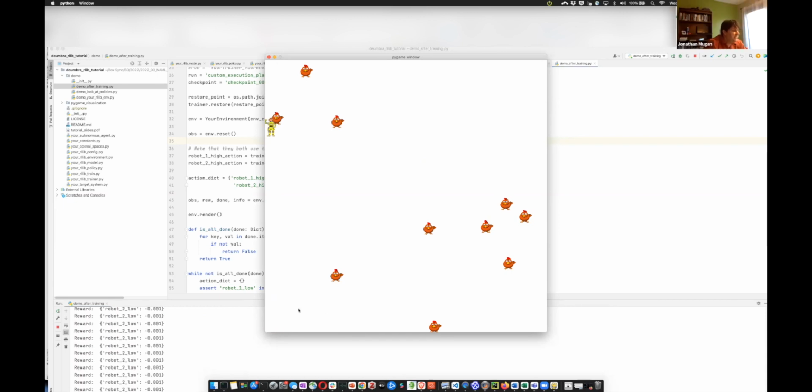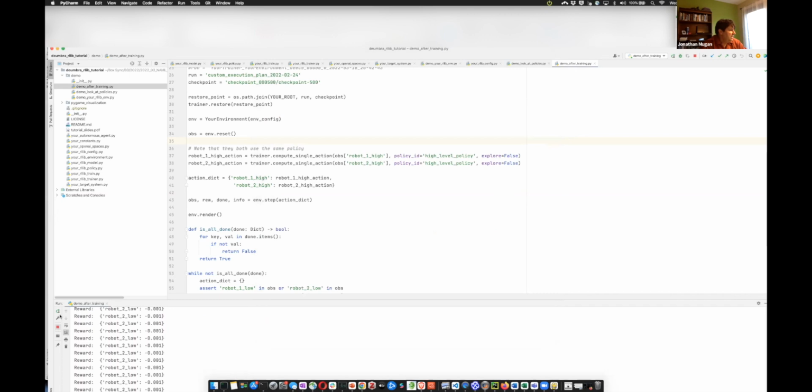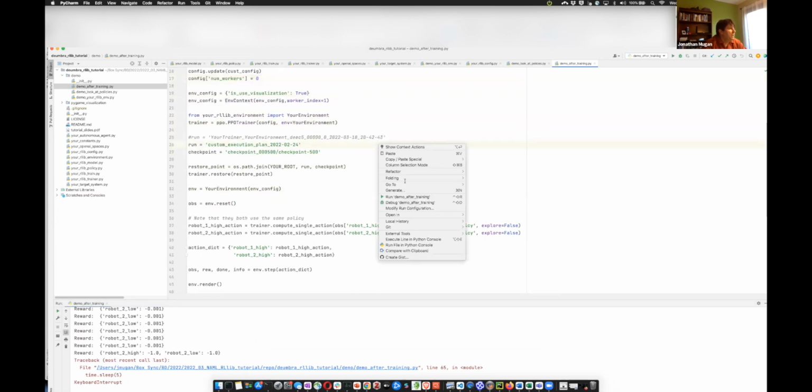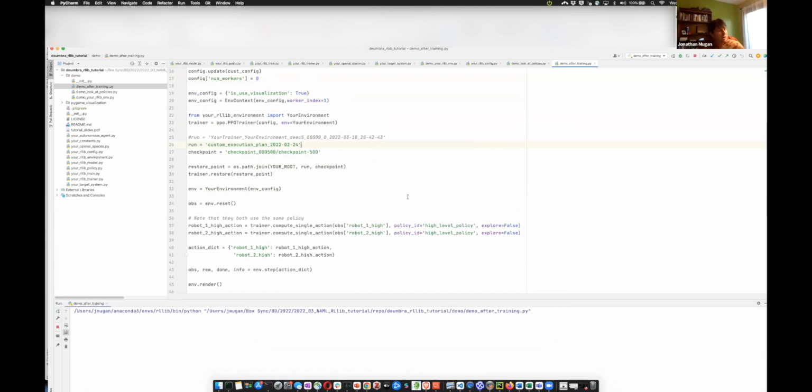Maybe, I guess he didn't learn over here so well. I tried a few different things. It usually learns, but reinforcement learning is kind of finicky. Let me make sure I'm running the demo after training, but I may not actually be running the checkpoint that's any good. But yeah, they always start in a random place. So yeah, the learning,